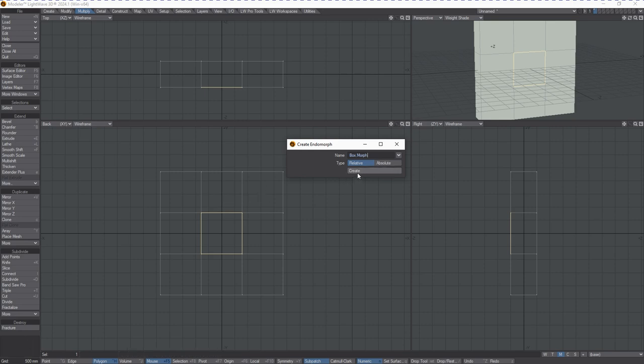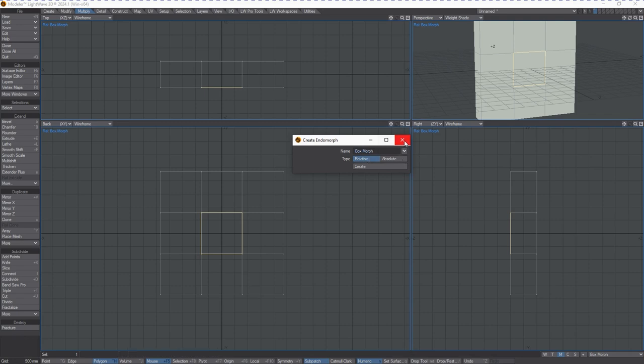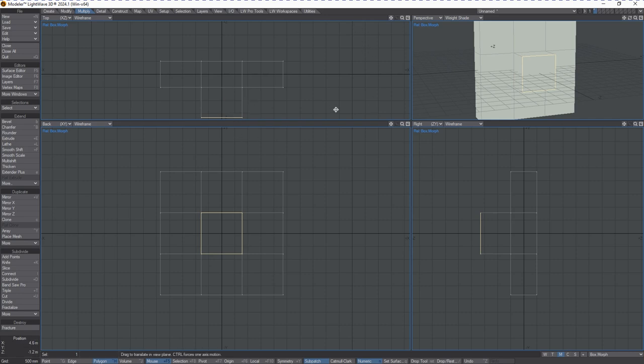So I'm going to use create on this, and then we can actually close this window down now. We notice that the entire interface has drawn these blue boxes. This indicates that you're in the morph mode, so any changes to the geometry that you make here